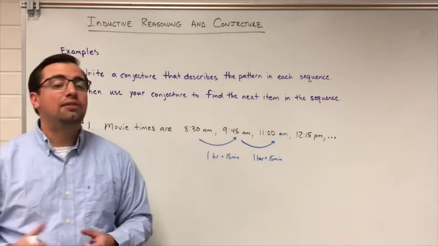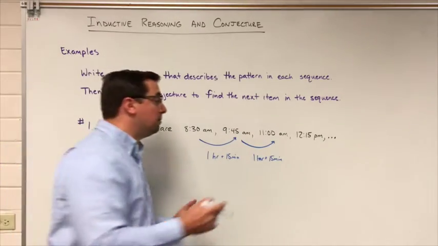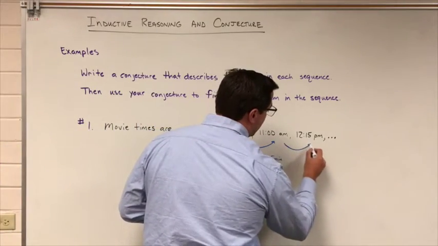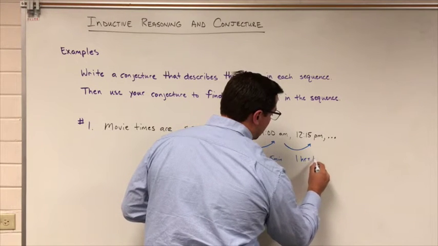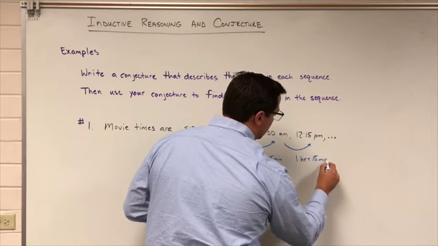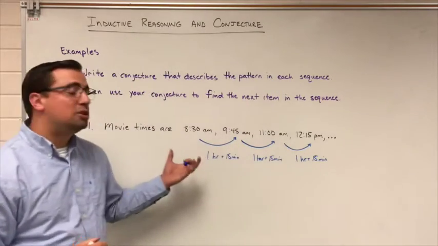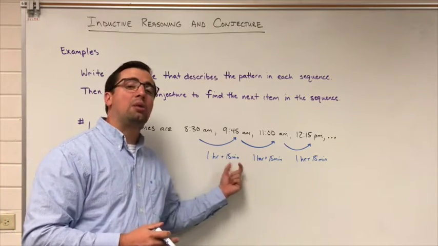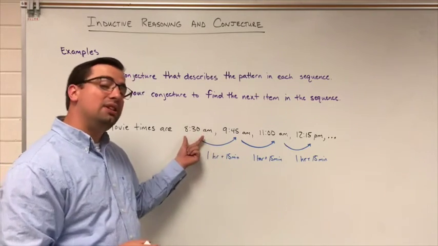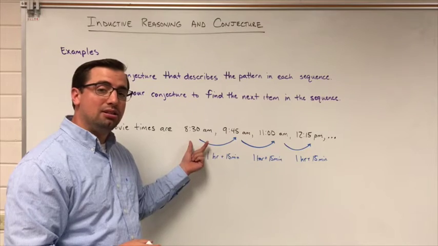If we go from 11 a.m. to 12:15 p.m., again, that pattern looks like it holds true at still an hour and 15 minutes. So you see between the four times here, the pattern of adding 1 hour and 15 minutes to the previous showtime